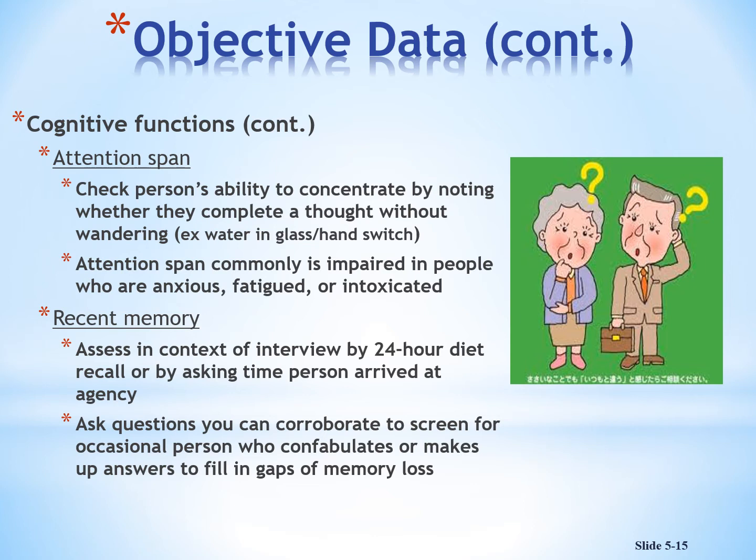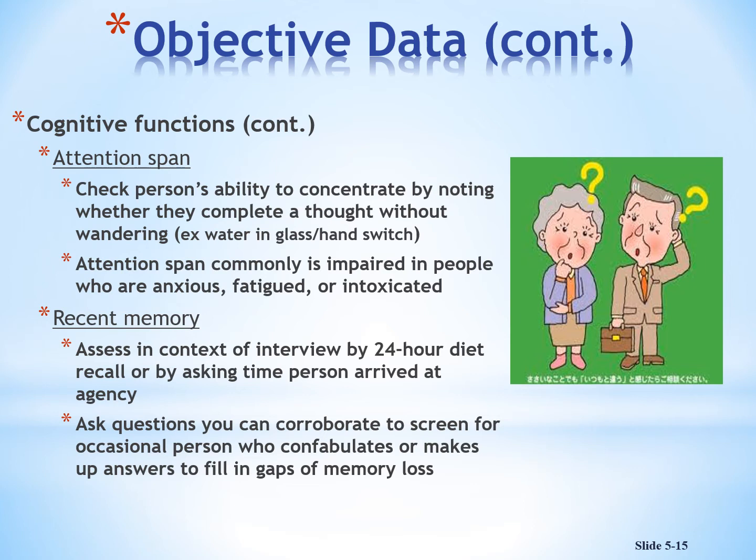Recent memory, we check by asking the person to give us some information about what happened maybe hours ago, 24 hours ago, etc. So you can ask the person, oh, so what did you eat for dinner last night? Or, what did you have for breakfast this morning? That will be recent memory.